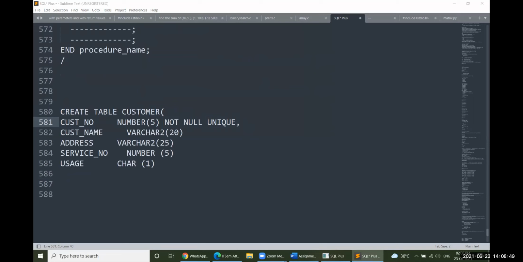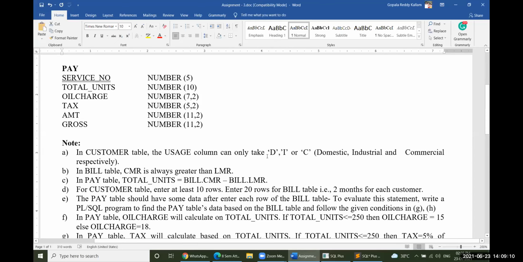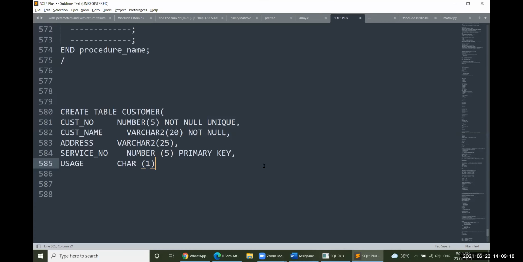The customer name must also take some kind of value, so we consider not null. Then customer address, of course, is not mandatory. Service number is the primary key. And usage, we have some rules and regulations for usage. Usage must be one of these three: either domestic, industrial, or commercial only. For doing such an operation,